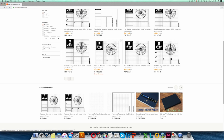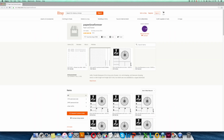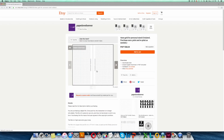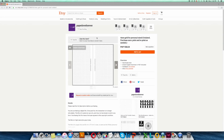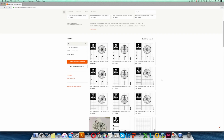Other items that I also have on my Etsy store, aside from the Plan Like Marianne pages with the grid and the Hyperdex Extra, is a separate item for just the side reminder tabs, and these will match all of the Plan Like Marianne pages for this year. The side tabs are undated, of course, but it will match up with the lines of the grid. And another item that I have is a gridded paper for personal sized. And also another version for the Franklin Covey compact sized, which is a little bit wider than the personal sized